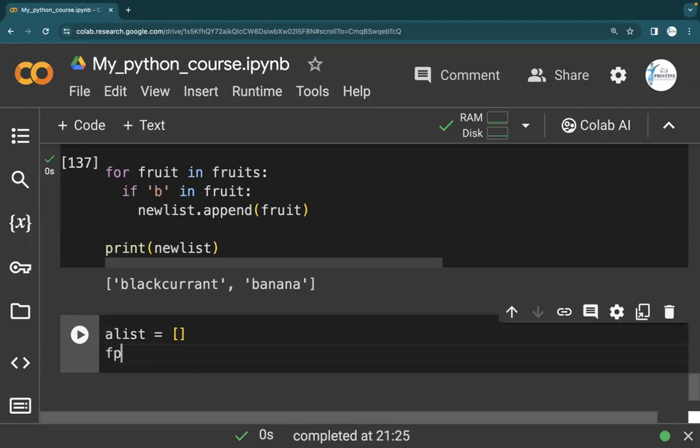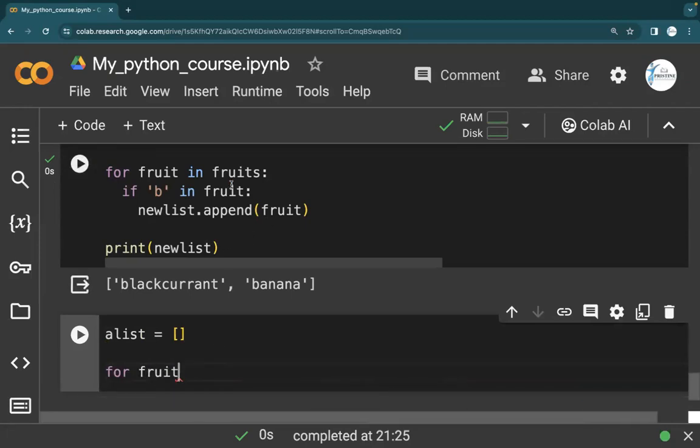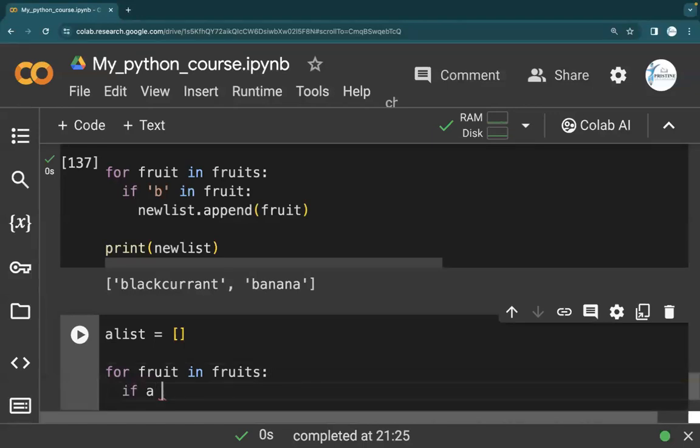So you write the code: for fruit in fruits, colon, if a in fruit